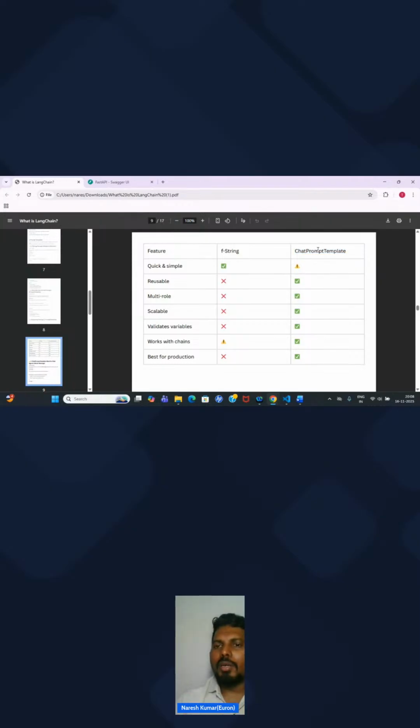So no need to worry about what is chat prompt template. Till now we have seen a prompt template. Now we are going to see chat prompt template as well, right? So let me clear the basic difference first. The basic difference between a prompt template and a chat prompt template is when you are building a single turn message system. It means, let's say, the user entered some blog content